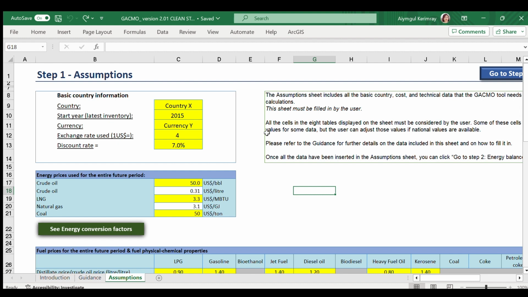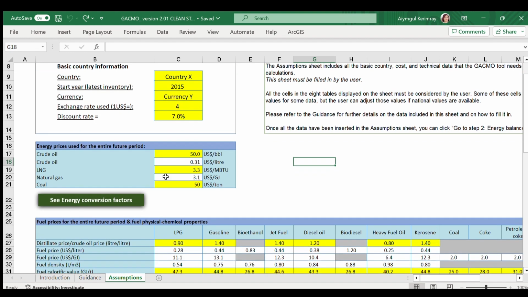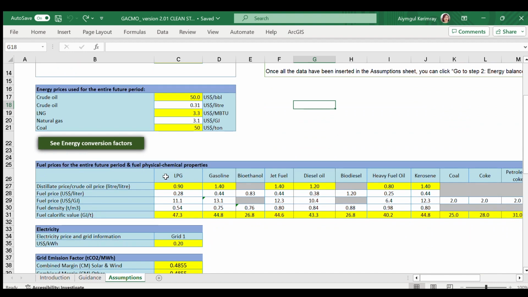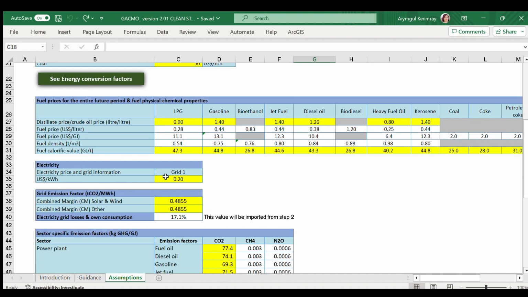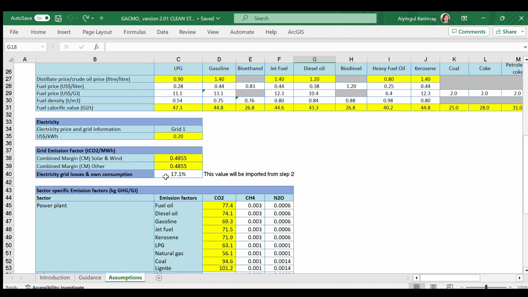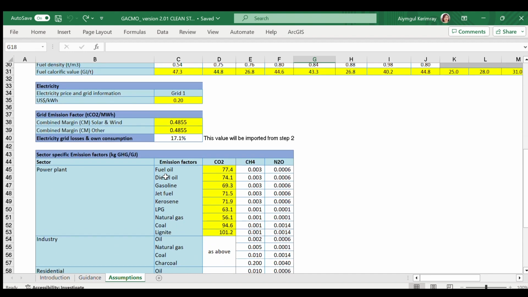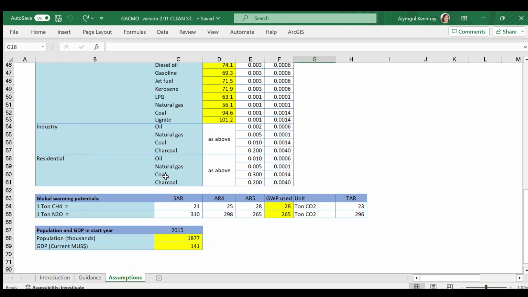In the Assumptions spreadsheet, the user has to provide basic country information, such as country name, start year, which is the year of the latest GHG inventory, currency, exchange rate, discount rate, energy prices, calorific values of fuels, electricity prices, grid emission factor, global warming potentials, data on population, and GDP for the start year.